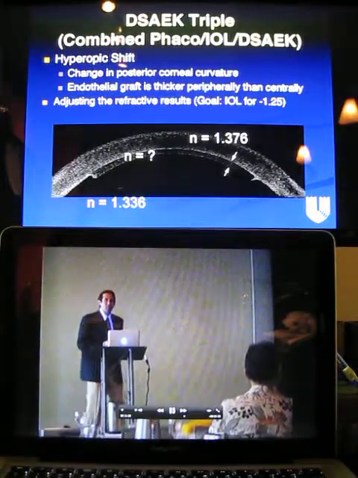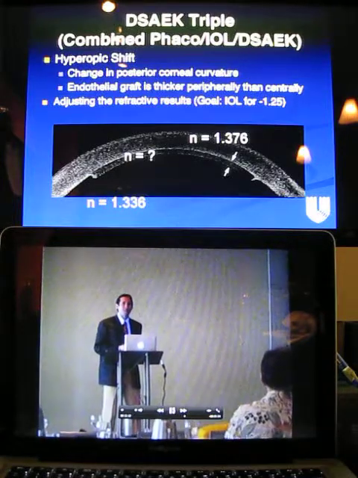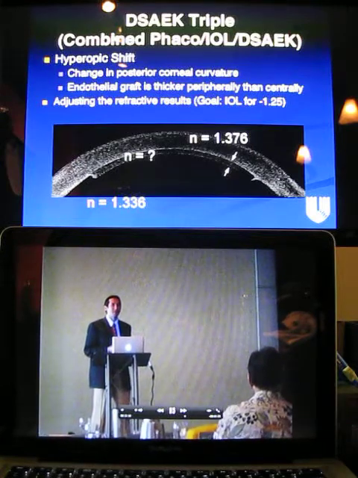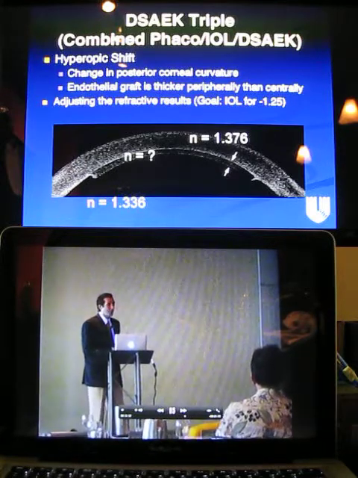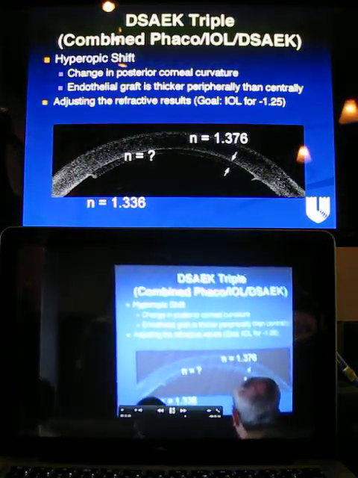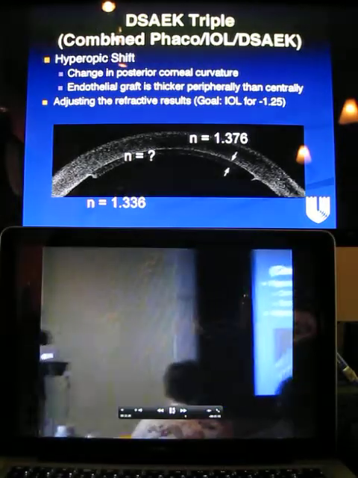So one side effect of DSAEK is a hyperopic shift. This shift has been described as occurring from insertion of a meniscus-shaped donor lenticule that is thicker on the edges, thinner in the middle, which changes the posterior power of the cornea. This in turn leads to about a diopter to a diopter and a half